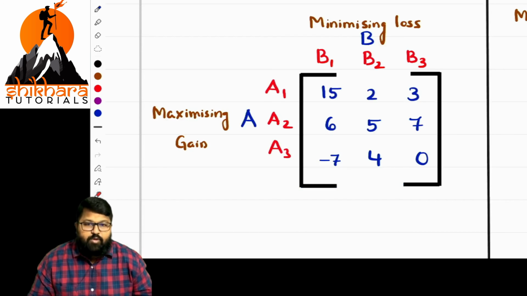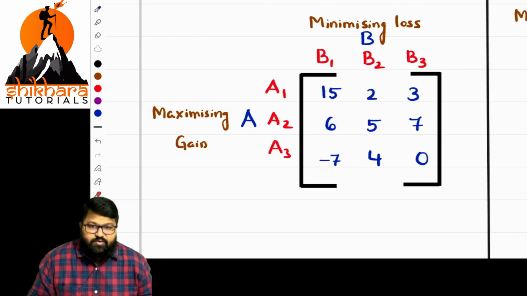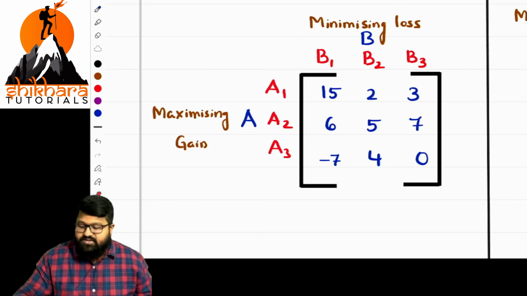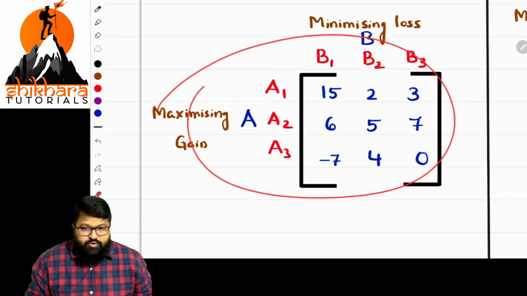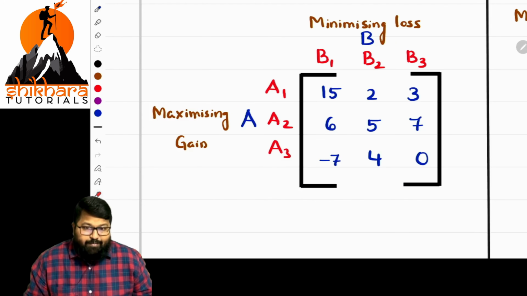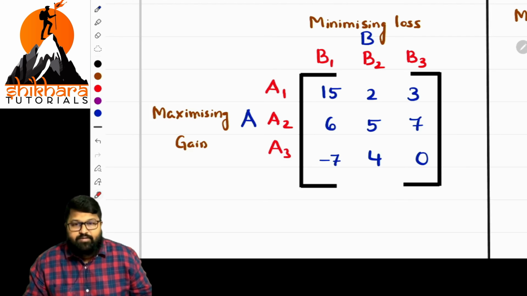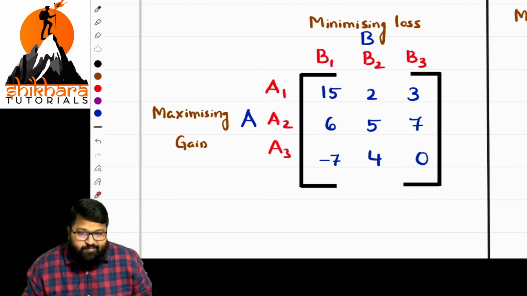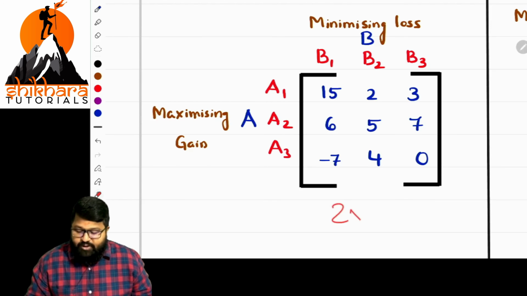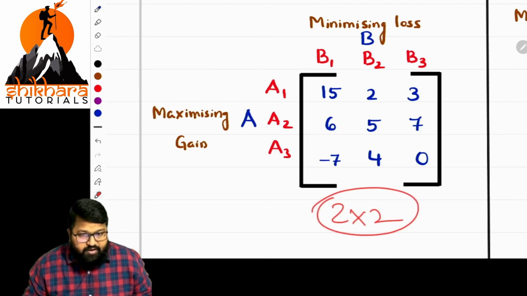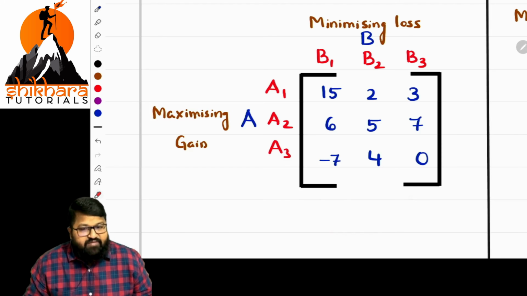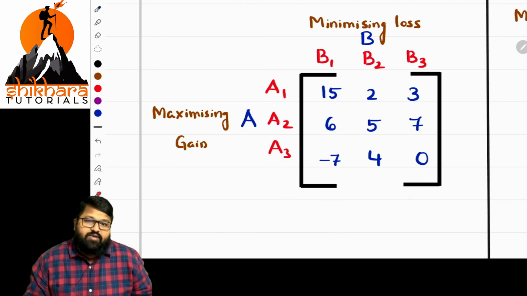Now, if you're done with the problem, let us cross check together so that you can get clarity. There's a matrix given here. In this matrix, what should we do, sir? By applying the rule of dominance, we eliminate one row and one column so that it becomes 2 by 2. Then we can check the saddle point. If the saddle point is reached, fine. If not, then we apply the odds method.